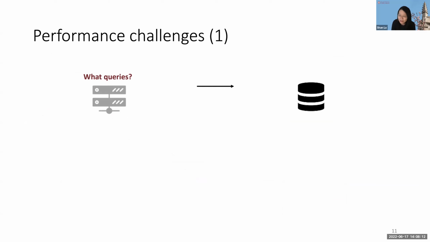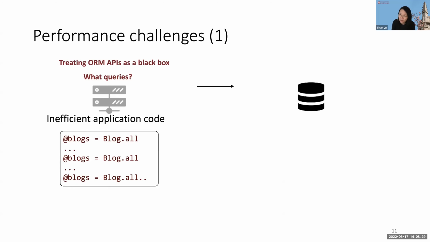The reason is, as I mentioned, the web developers often have no idea what queries are actually issued at runtime. They treat ORM APIs such as .all as a black box. So they may write code that they think is just doing heap access,